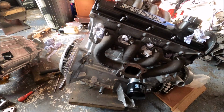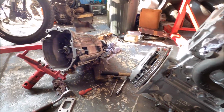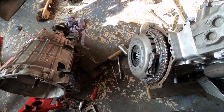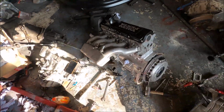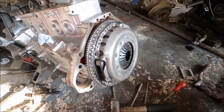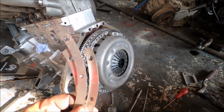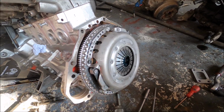But as you might notice, the engine's on the floor, and that's because I'm fitting the clutch, flywheel and the gearbox. I've already had the gearbox on once, but I buggered it up. I actually fitted the box, bolted it on, and then realised, well, I was told that I didn't need to fit these. So I've had to take it all off and take these off. What they are